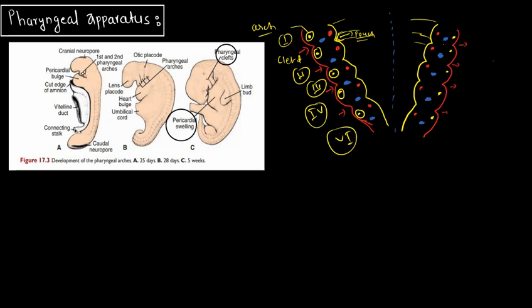So let us see. This is the cranial end, like the cranial neuropore we can see here. This is the cranial end and this is the caudal or pericardial bulge, and anterior to it or proximal to it there is development of the first and second pharyngeal arches. So we can see here progressively, these are the diagrams. The diagrams I have taken from Langman, chapter 17 of Langman's Medical Embryology book.